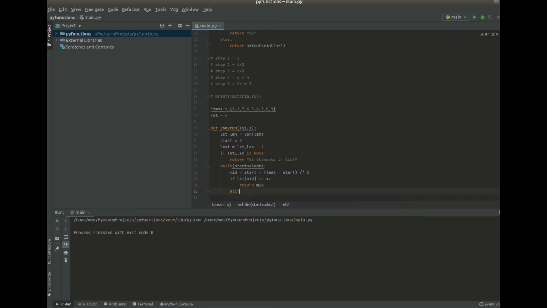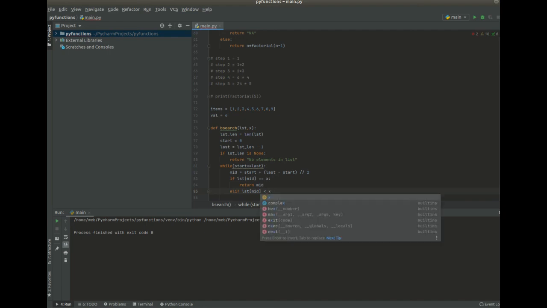Else, if the element in the middle is less than the value we are searching for. Remember, for example, what we want to search for here is 6, and the element in the middle is 5. So if 5 is less than 6,